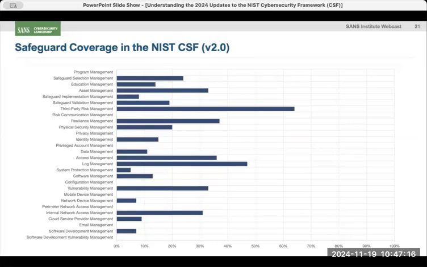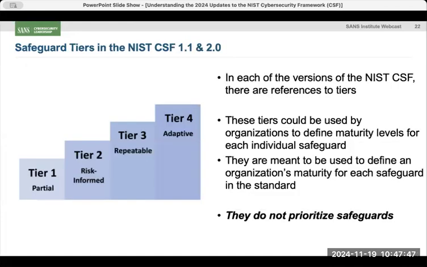Now, that doesn't mean that their scope should be, say, privacy. Maybe they say to themselves, you know what, we don't want to cover privacy, and that's totally fair. Then you wouldn't expect privacy to be addressed. But if you're trying to use the CSF as a privacy framework, obviously that's going to be problematic, because we just don't see a lot of safeguards in privacy in this document. So we wanted you to be able to see those comparatives, and we created that web app to show what the comparison would be. I just wanted you to be able to see the results of that here. A couple other things you can do.